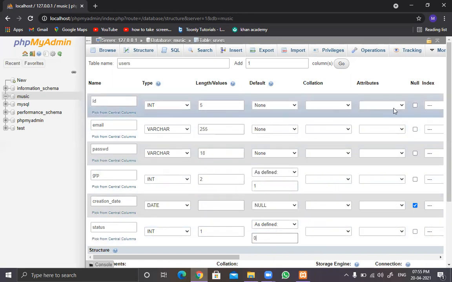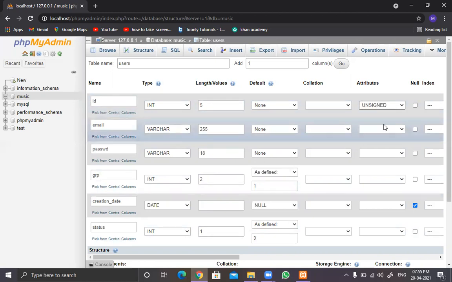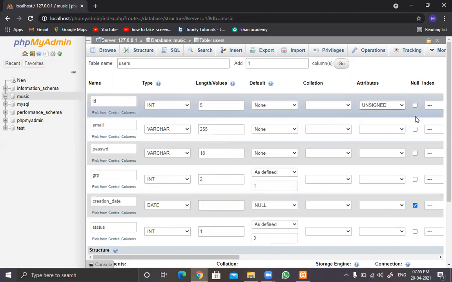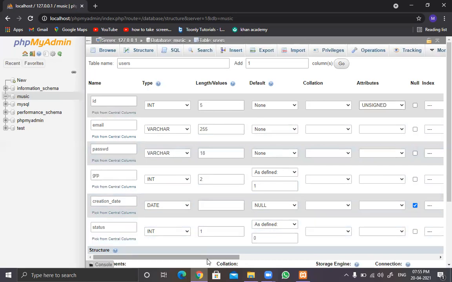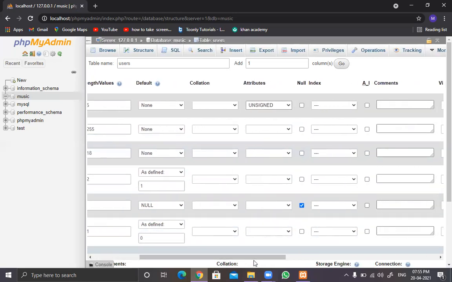Collation you don't need to set because it is going to pick the collation from your database settings. Then ID should be unsigned, so it should keep on incrementing. For the rest of the fields you don't need to give any attributes. Then next is indexing.